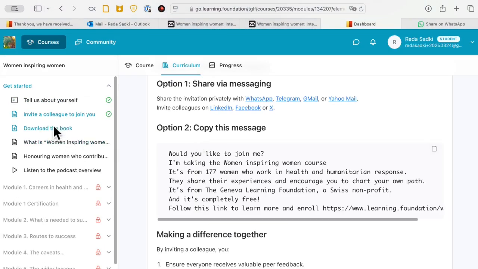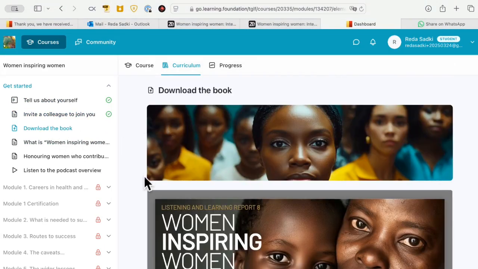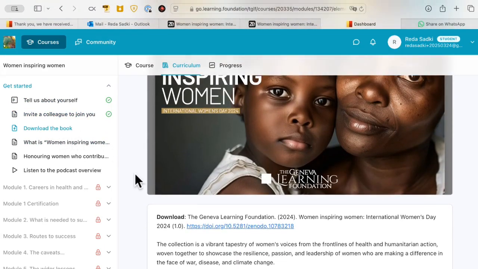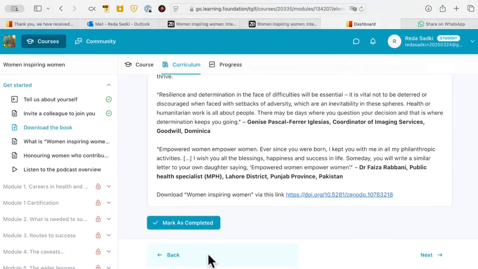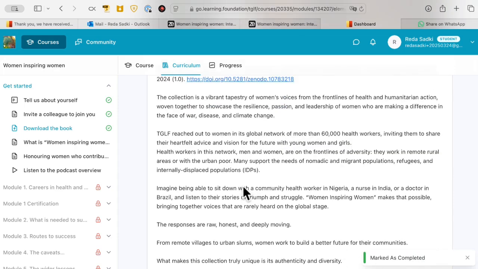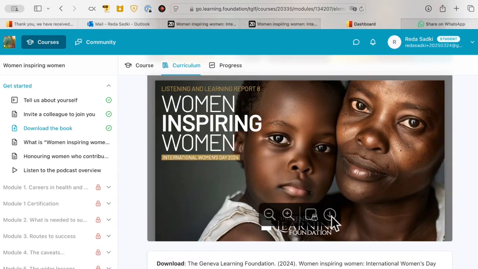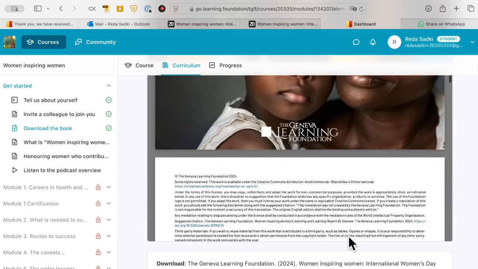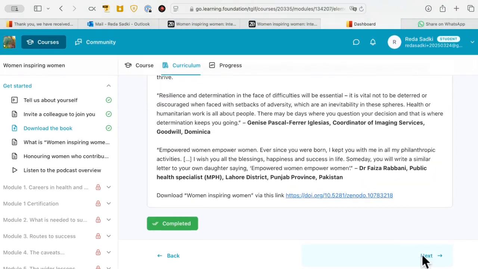So how do you unlock module 1? There's one more thing you absolutely need to do, which is to download the book. Now you've already downloaded the book from the email. So in this case, if you've done that, you can just mark as completed. There's more information about the book. And here you actually have the book shown here. If you want to download it, then you use this. It may look a little bit different on a PC or if you're on an Android device, but that's the